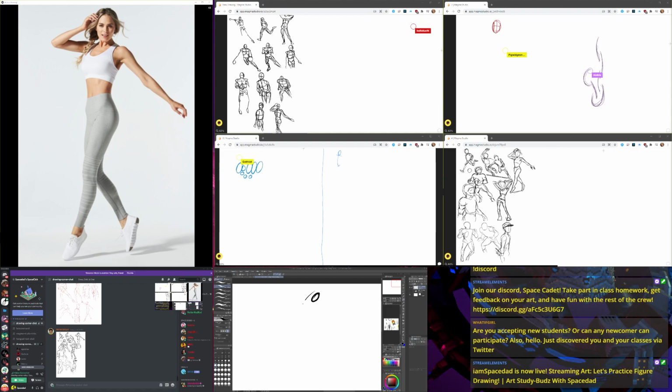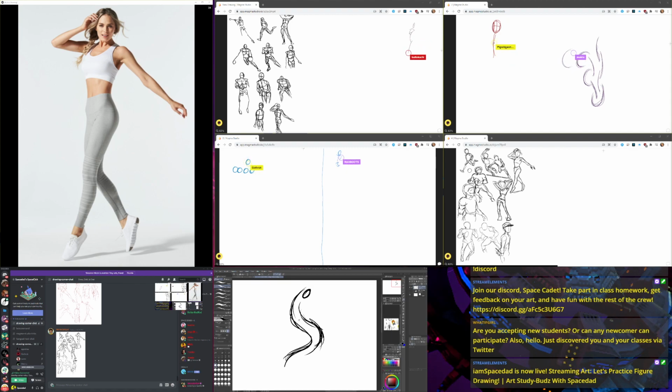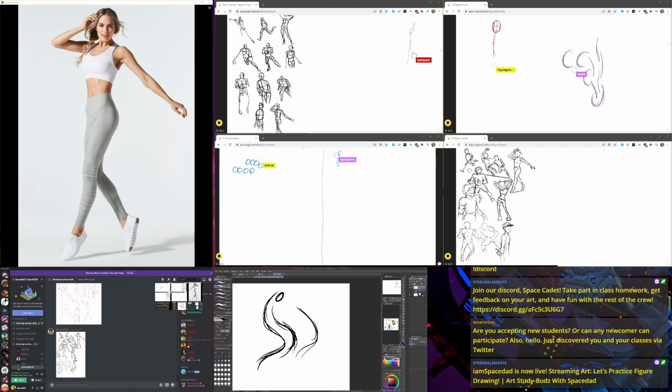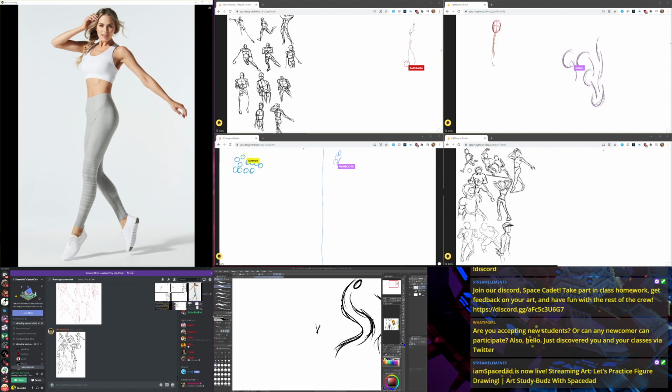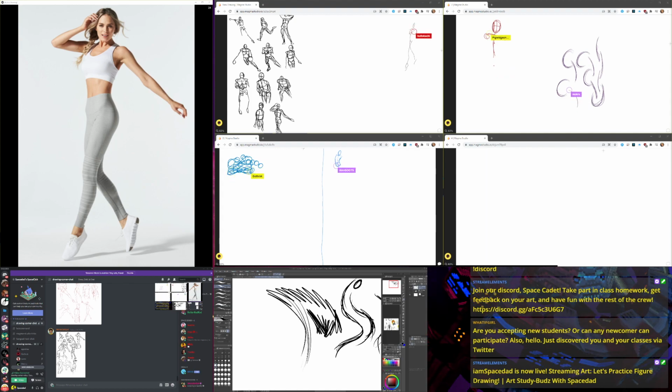So I'm gonna do a few warm-up exercises for my hand here before I get too much into the figures. Some kind of flow exercise to get my hand and arm working. Some scribbles down.